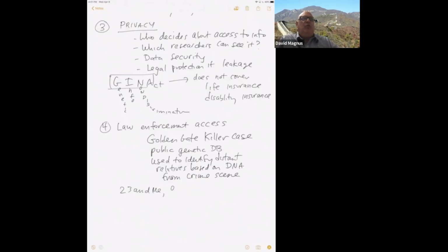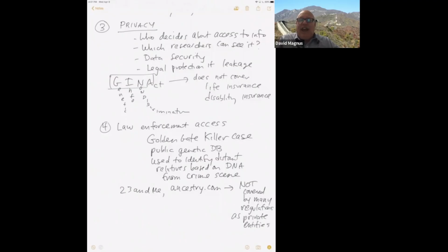They have much different regulatory requirements. They're not covered under the common rule. They're not covered entities, and so there's no HIPAA protections. So the privacy protections are really just what they say they're going to do and what they decide to live up to. And tort law is the only protection. And of course, all the information that they've got is potentially discoverable.